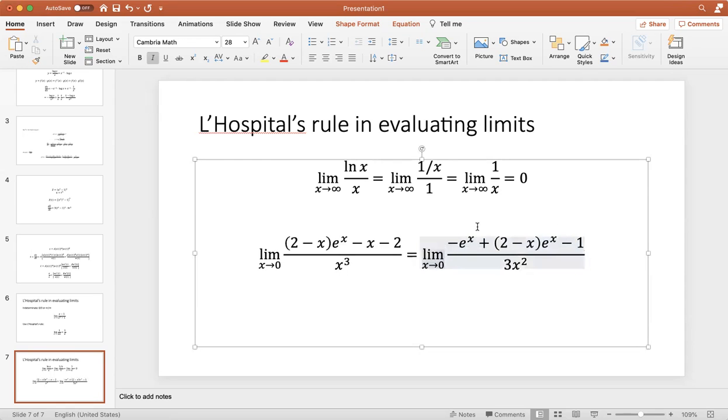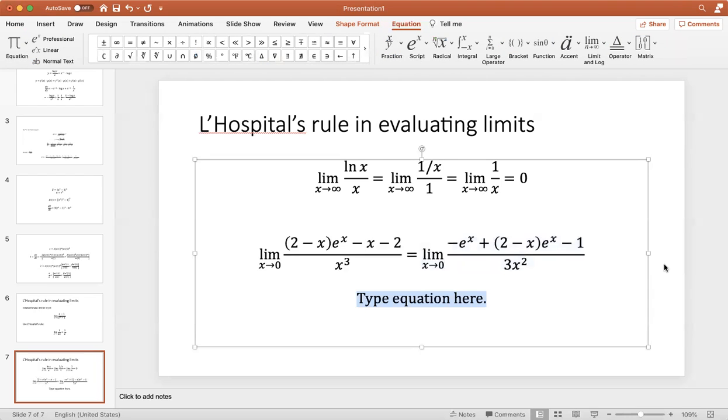0. Now, of course, if I substitute 0 in the numerator and the denominator, you still get an indeterminate form, right? You can see that when I substitute 0, you'll have negative 1, and you have 2 here. This becomes 2 minus 1, 1 minus 1 becomes 0, and of course the denominator is still 0. Now you do the L'Hopital's rule again, and you'll get the limit